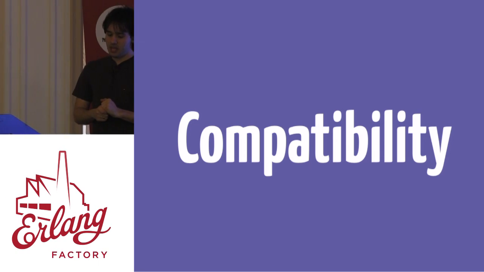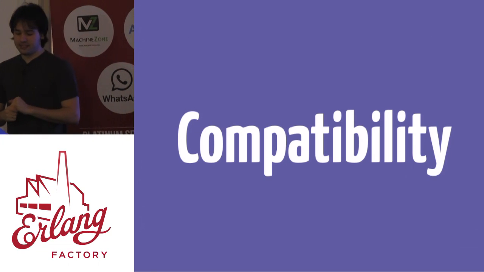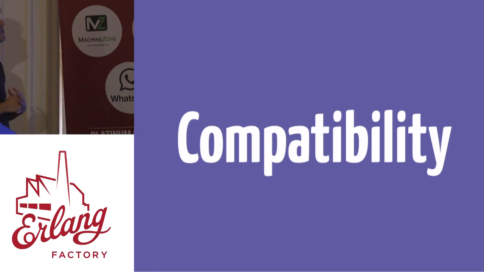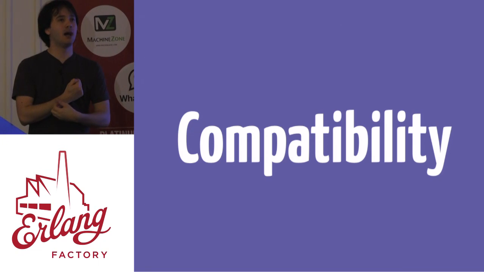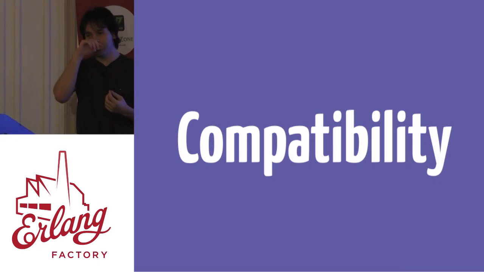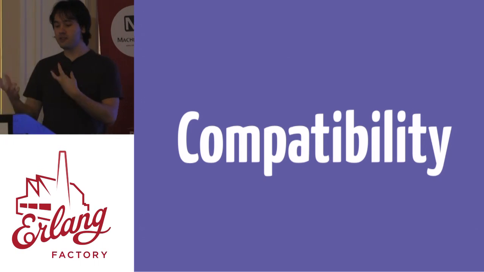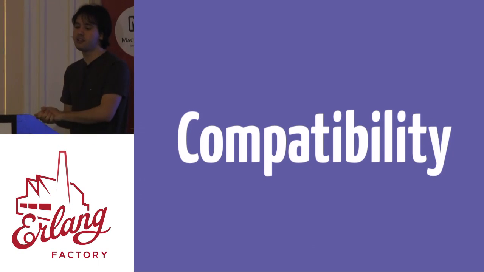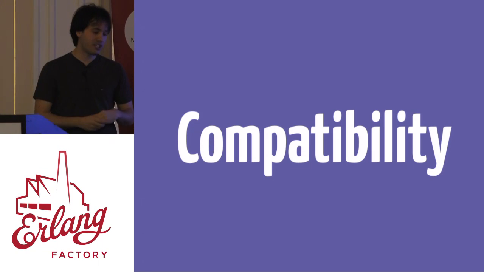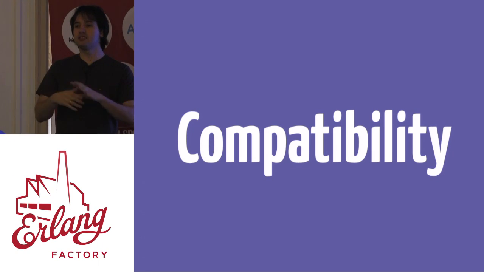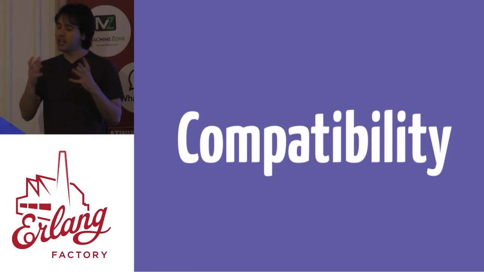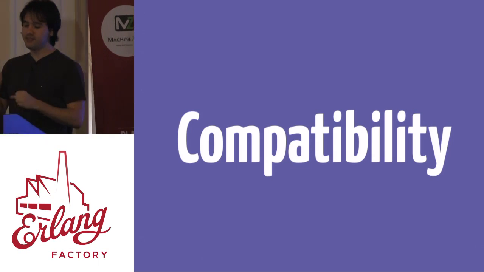So compatibility. How compatibility came to be a goal is that when I was first still playing, not really developing with Elixir, I was playing around with what we could do with a language, what we can put in it, what we should leave out. I messed things up so much that I was able to break things, like hot code swapping could not work at all for a reason, because I was messing something in the bytecode.